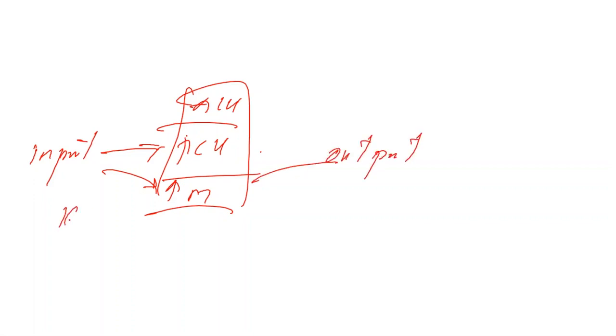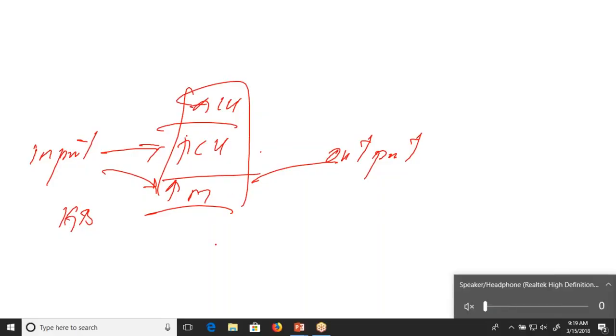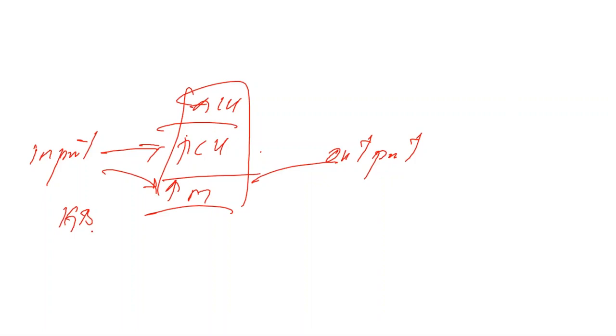For example, I'm giving 1 GB of data to my processor to process. The processor will take the 1 GB of data, but it will not process 1 GB at a time. It will break this data into pieces, and these pieces are called chunks, and the chunk size is called cache memory. The cache memory may be 4 MB, 8 MB, or 12 MB. If my cache memory is 12 MB, it will process 12 MB at a time.